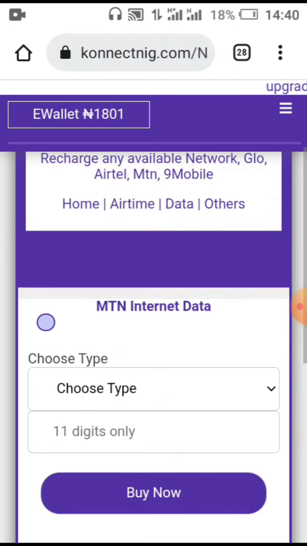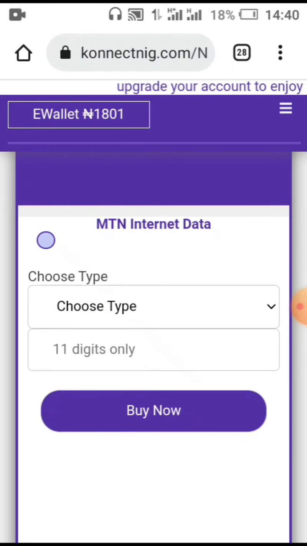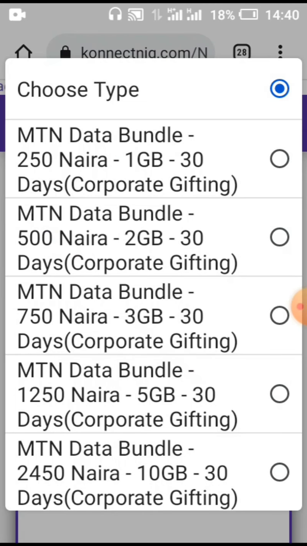When you click on the MTN icon, you will go to a place where you can actually get MTN data. You can see these are the prices: 1 gig is for 250, then 2 gig is for 500. That is as a free user. But if this account is an activated user, 1 gig is going to be 245, 2 gig is going to be 490, and you see it will be reducing a lot. I think this 3 gig should be around 333 naira.